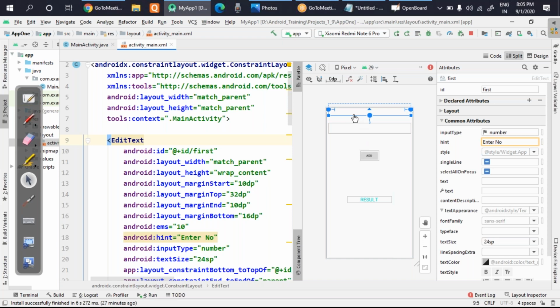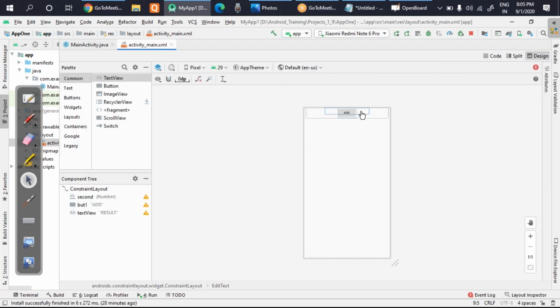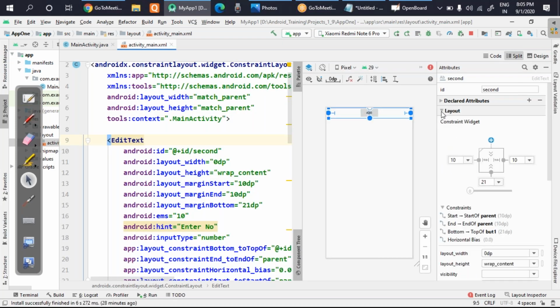Okay, just a second. All of you look here. What I've done is I have removed the first edit text. And if I remove the edit text, there will be issues also, because if you look carefully at what I have told you, if you are removing any component, as all the components are attached with each other, the problem may come up. Okay, so see, all the things have just arrived on the top. So I'll move again to the split part and I will try to attach everything properly.